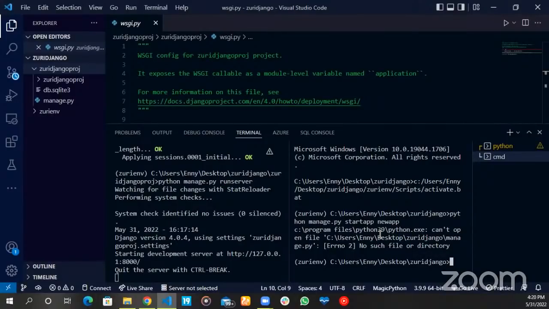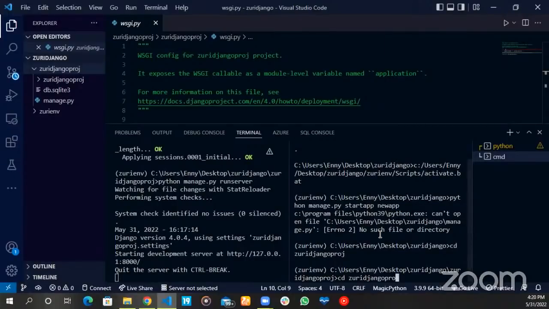Oh, yes. But I am not in that project directory where there's manage.py. Most times when you activate your virtual environment, I think